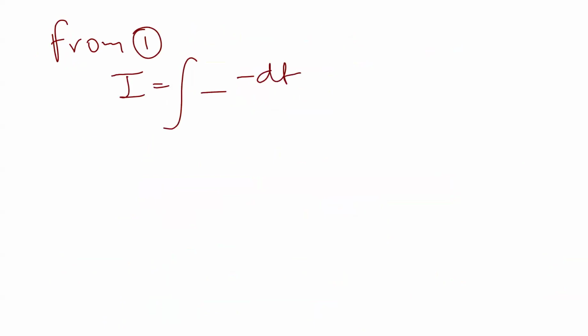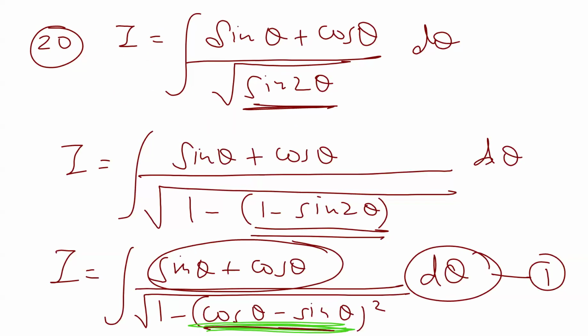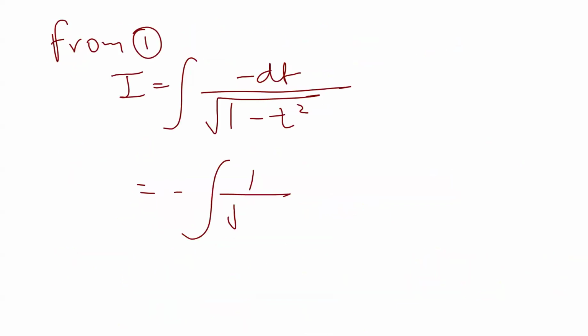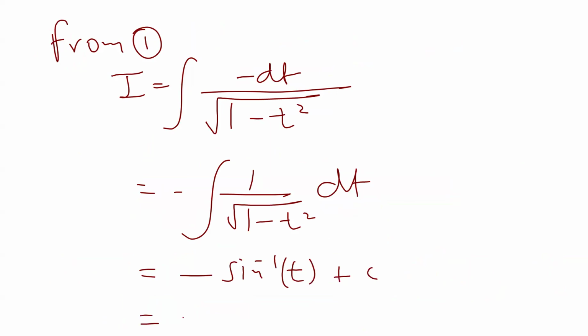integration of minus dt root of 1 minus t square. Okay, because this is t, so 1 minus t square, right? So minus 1 upon root of 1 minus t square dt. Now this is sin inverse t formula, direct formula which I have given you. And then last step you have to put the value of t, which is equal to cos theta minus sin theta. Okay. Some teachers expand this particular answer further simplified, but then it is not really required. Okay, so we'll keep our solution up to here,